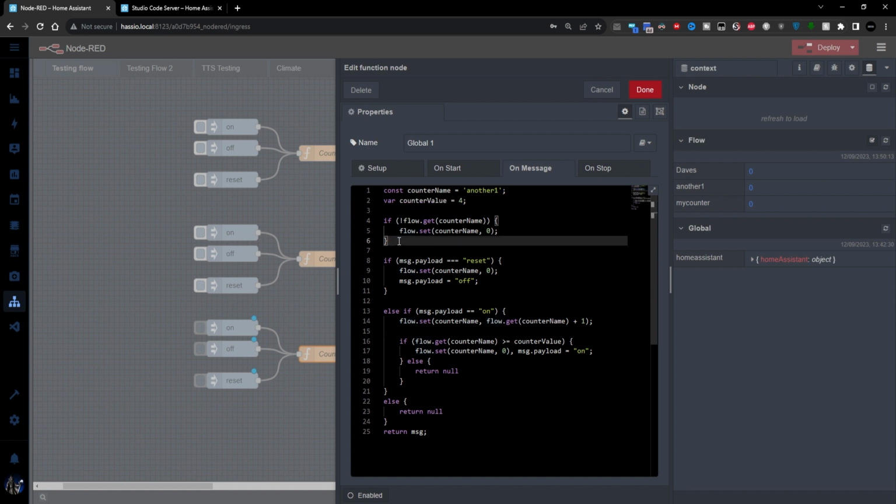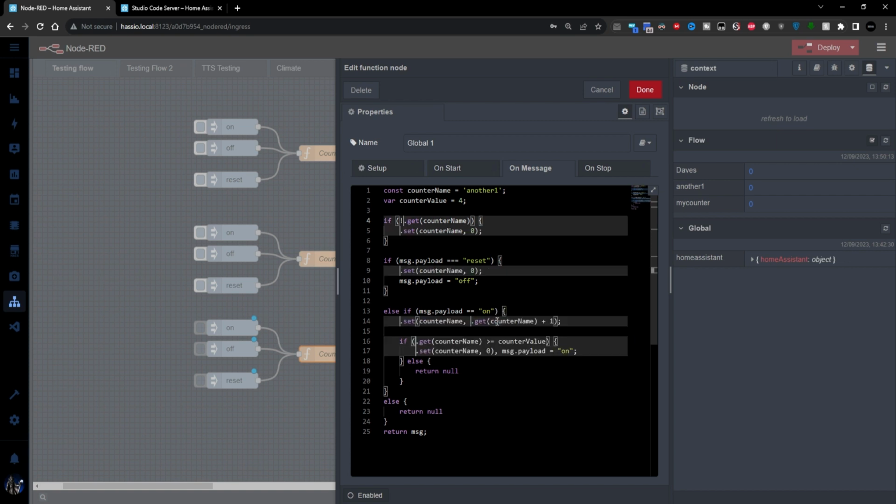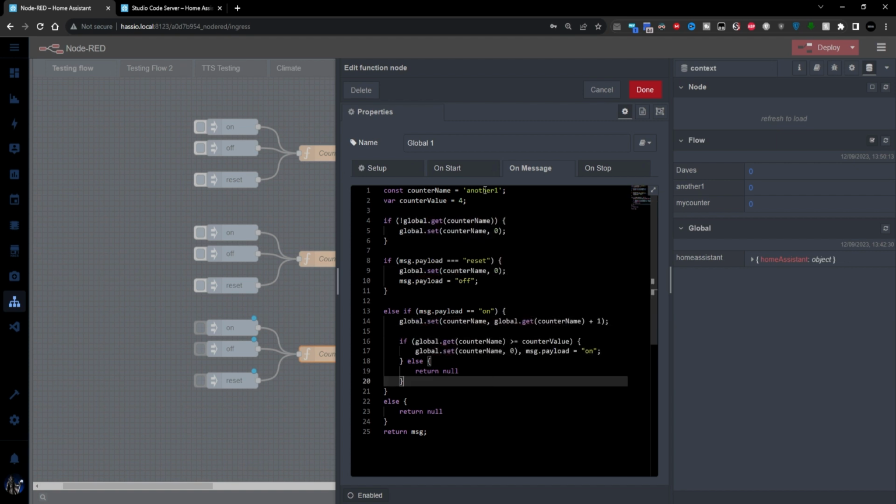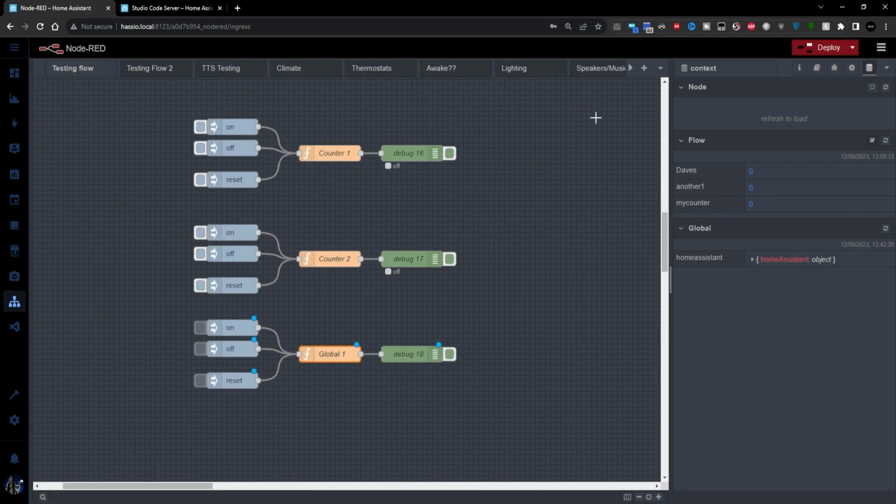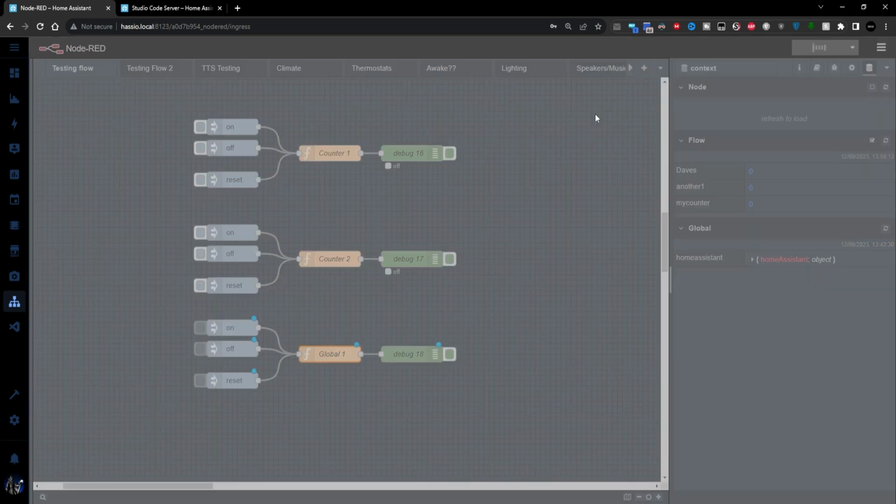So in Node-RED and various other code editors actually, if I double click that to select it, if I hit Control F2, you can see that it's selected all of these where the word flow occurs. So if I delete that and type in global, it changes all of them for us, which is nice. Now I want to give this another name so we can differentiate it. Let's call this one global 1. And I'm going to change that back to 2. Another keyboard shortcut, I do Control Enter to hit the done button that was up there, and then I'll do Control D to deploy it.